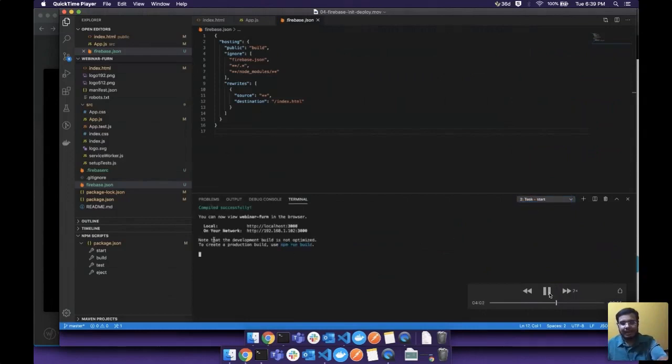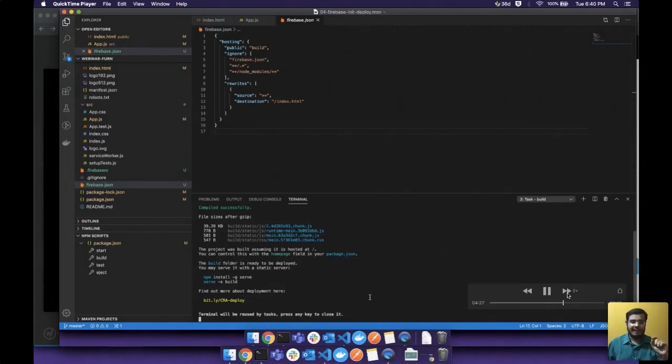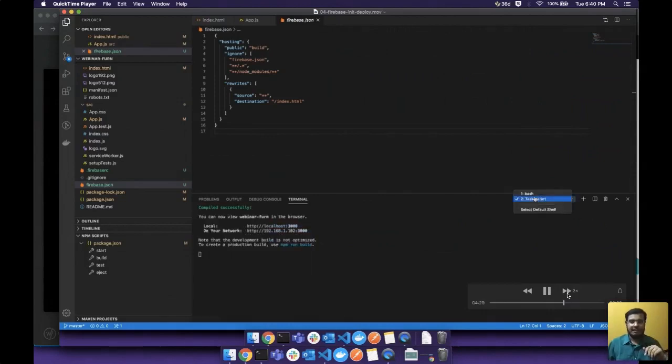But before that, you have to see something. So when we said npm start, we actually built a development version. As you see here, this is the development build and it is not optimized. So you have to run the build command, right? So let us run the build command. So after every change we do, before we deploy, we have to say build and then deploy. I'll also show you a shortcut to do this in one command. We'll use npm scripts for that, but for now we'll do the build command, right?